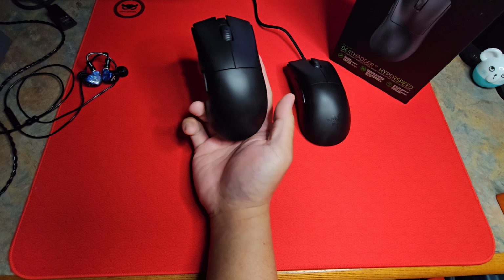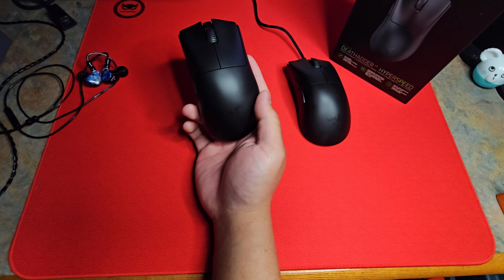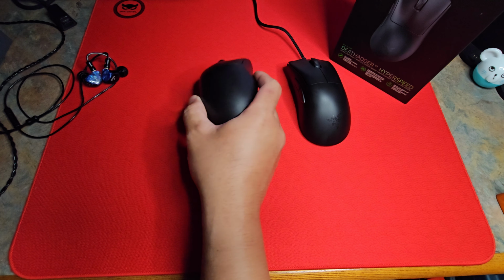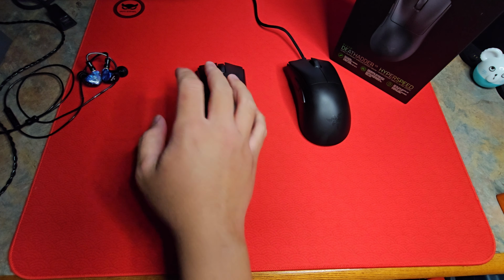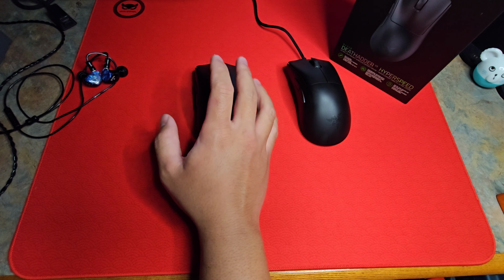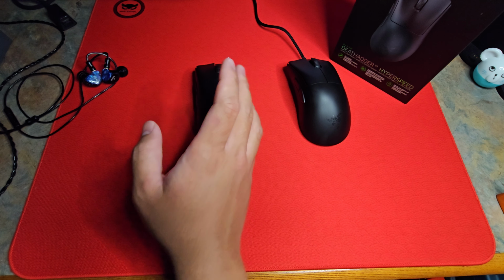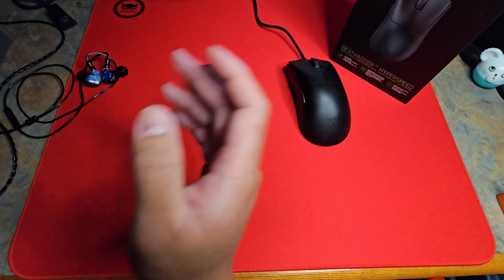Coming at $100, this is Razer's best value wireless mouse in their lineup so far. I'm a little bit confused as to why this is labeled as HyperSpeed, as you guys can see from the box. As far as I know, HyperSpeed is their budget line that is using mechanical switches and AA or AAA batteries. This mouse, despite it being under the HyperSpeed line, did actually receive some improvements over the OG DeathAdder